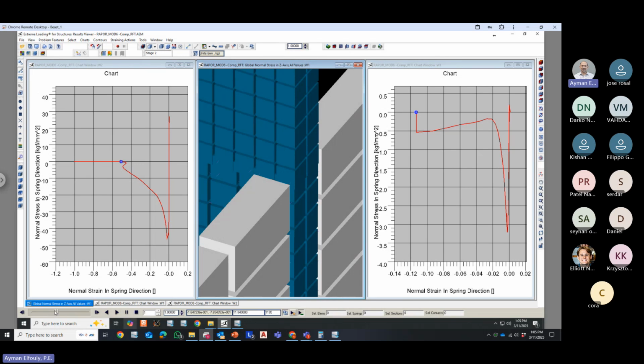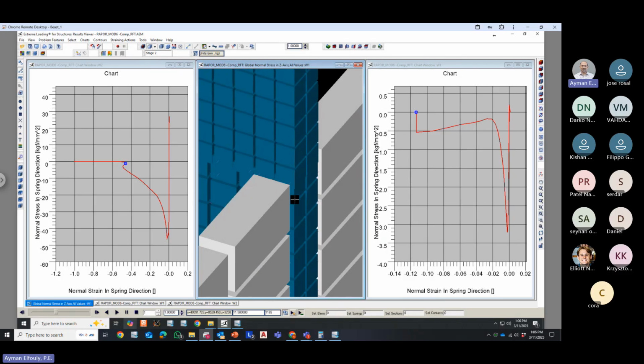Let's view it again. Let's view it from here. So the spring reached its compressive strength, and the reinforcement rebar is also trying to carry with it. We see here failure in the concrete material. We see that the bar is yielding in compression and then it failed, and hence we see the compression failure